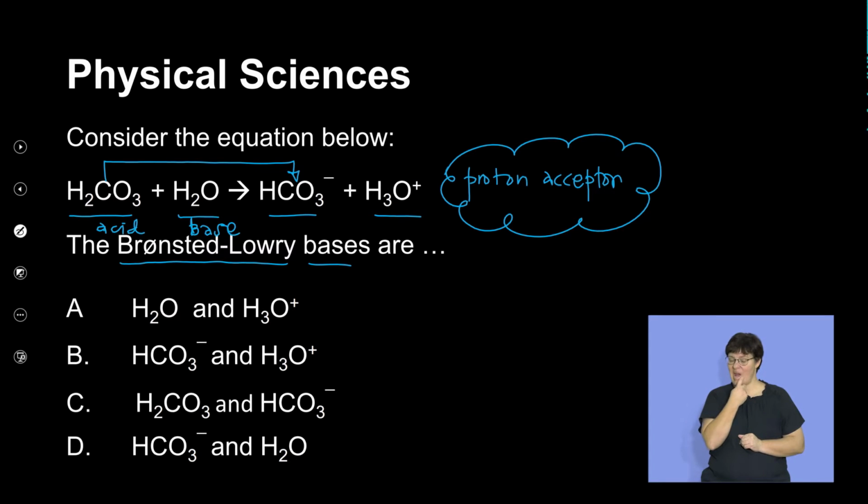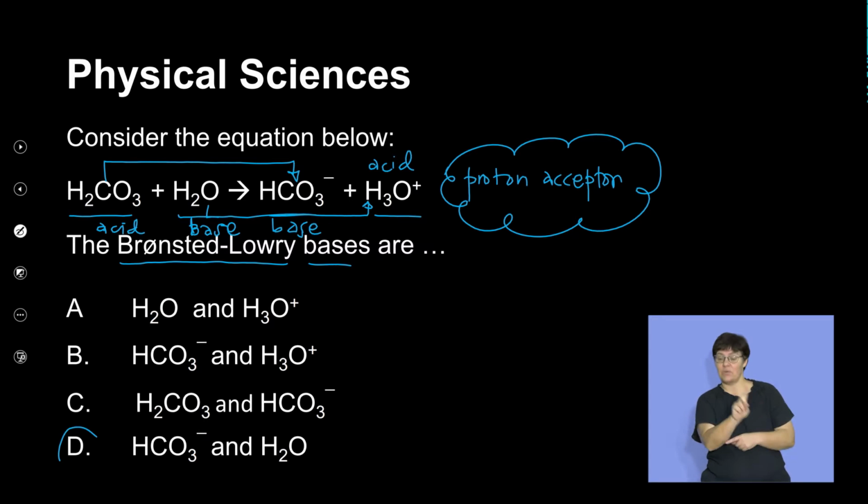So when water accepts, it gives us the hydronium ion, right? So if water is a base, it means that the hydronium ion becomes an acid. It means then in the reverse reaction, the hydrogen carbonate ion is a base. Now the question demanded that we identify a pair of bases in this reaction. So what do we have? We've got water as well as the hydrogen carbonate ion. So based on that, we can say D is the correct answer. But how did we arrive at that? We first try to understand in terms of the theory which substances are proton donors and which ones are proton